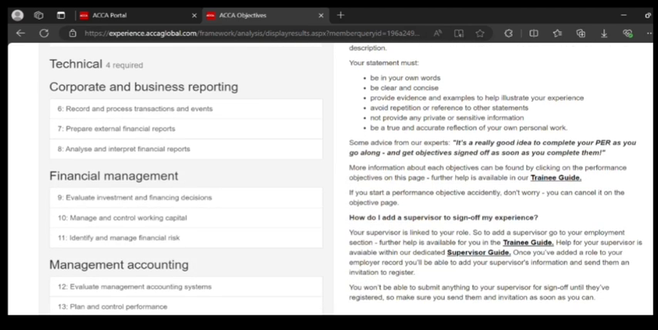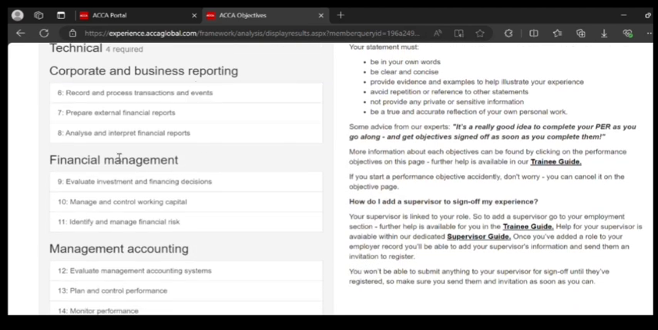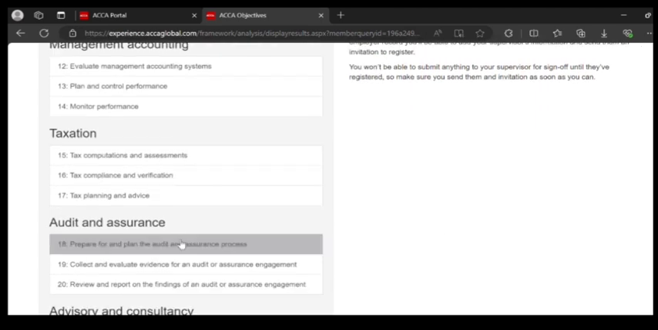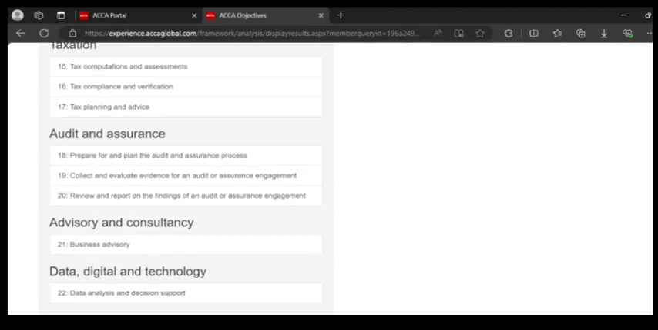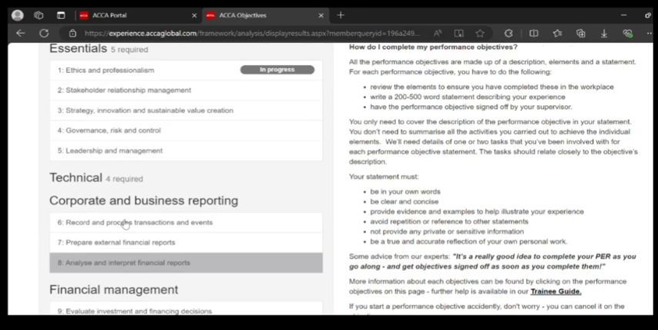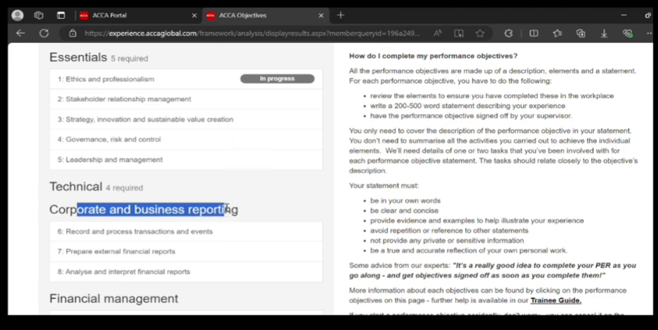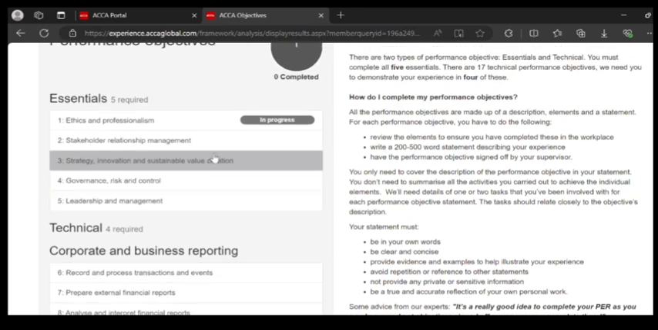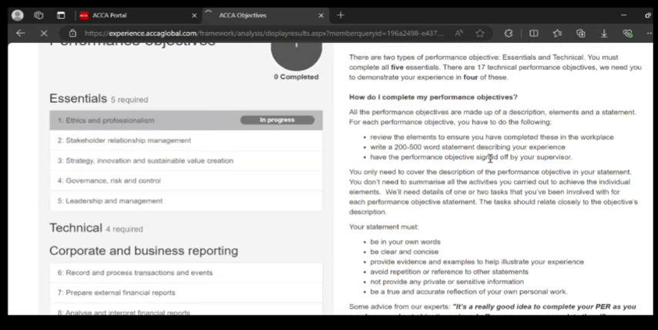And technicals, you can see corporate and business reporting, finance management, management accounting, taxation, and similarly 3 additional ones. So basically under technical there are 17 options. Out of 17 you have to fill any 4 options that are relevant to your current job role. Okay, once you finish those, let me show you for one how to fill the details,